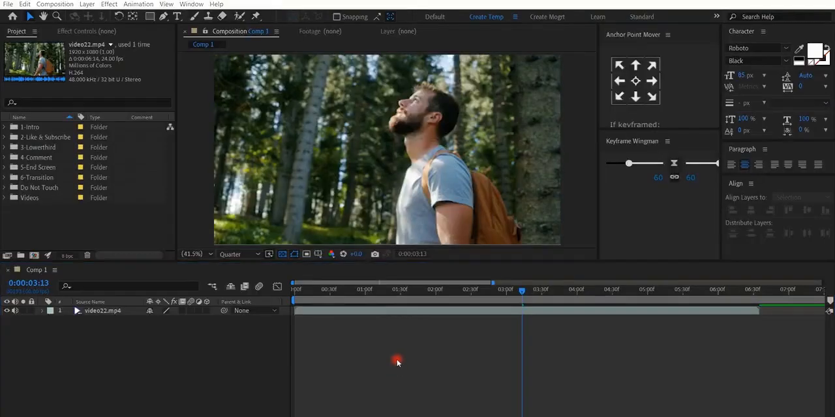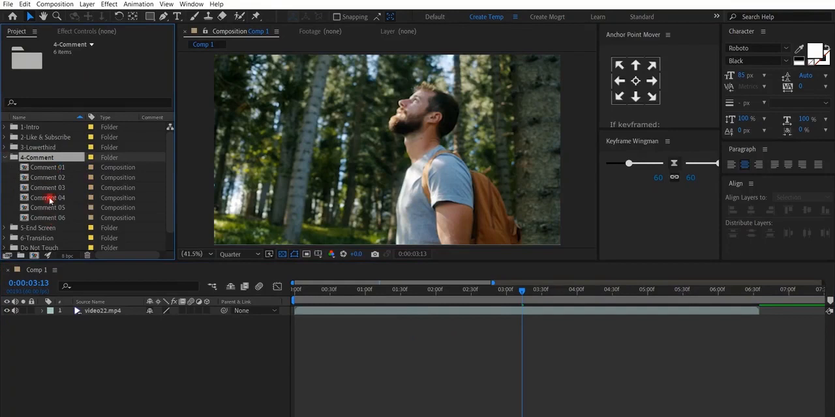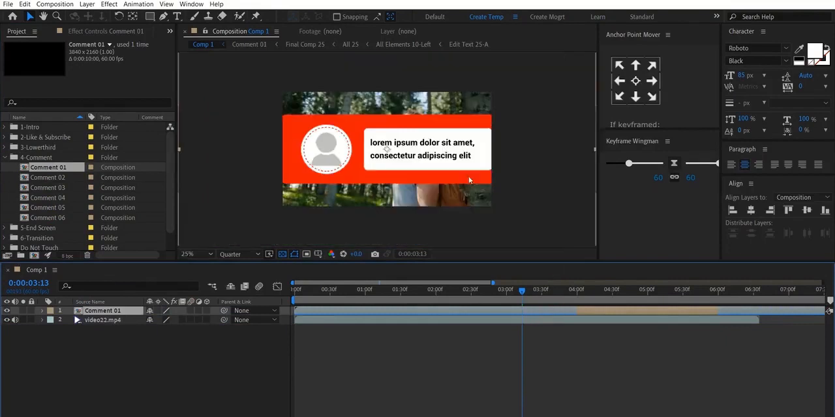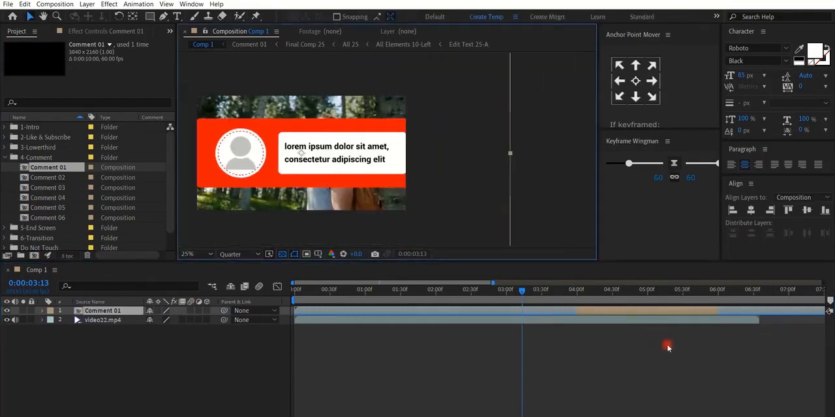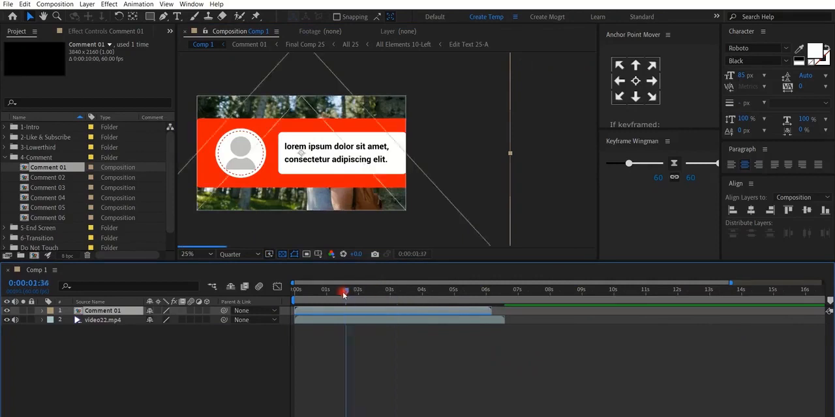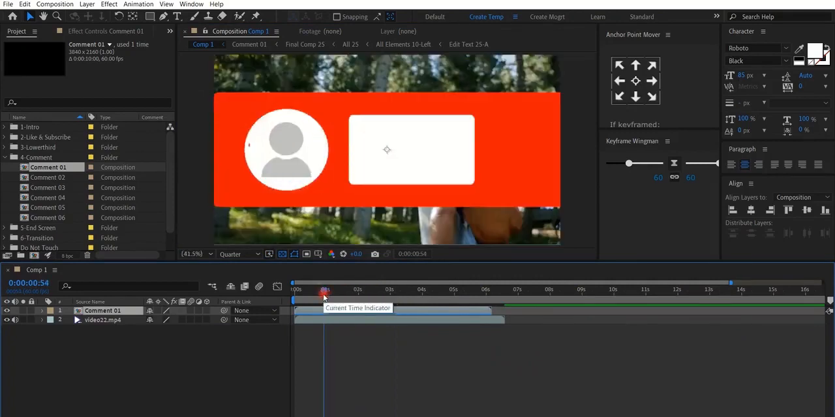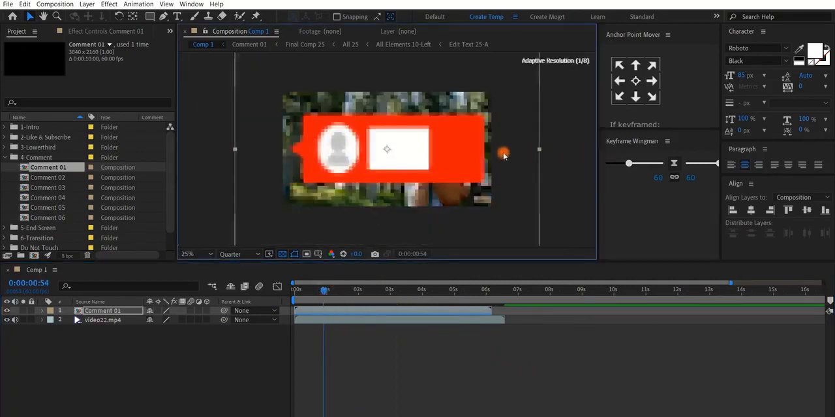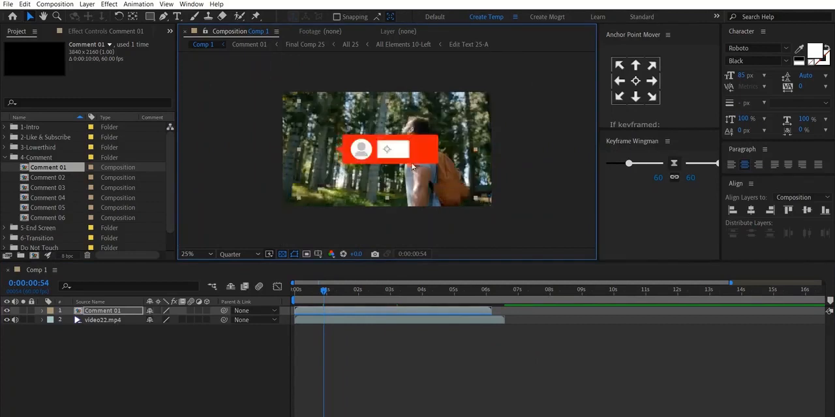Okay, next one is comment. You have 6 comments. Choose, for example, this one. It's a bit long. You can reduce. It's too big. Oops. Make it smaller and smaller. And